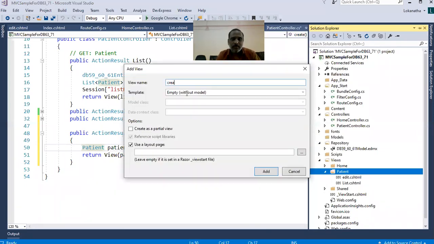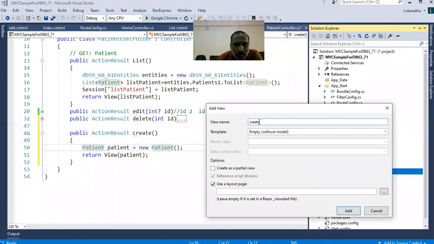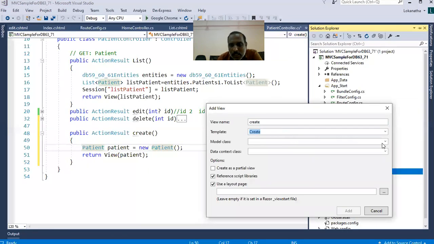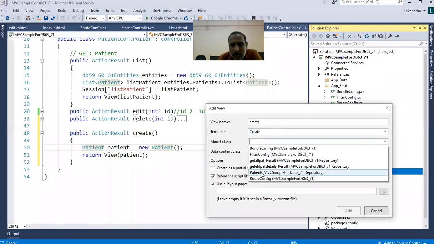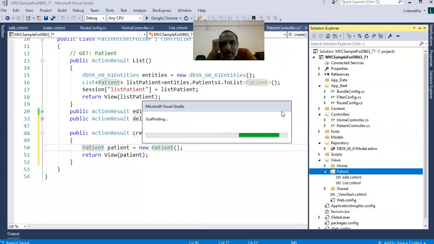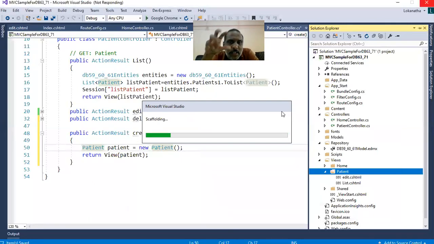Then use the view name as create. The view name must always be the same as your action method name. I already told you. Don't select empty. Select create and select the model as patient. Okay. Then automatically whatever code is required for your view, Visual Studio will generate and it will show.